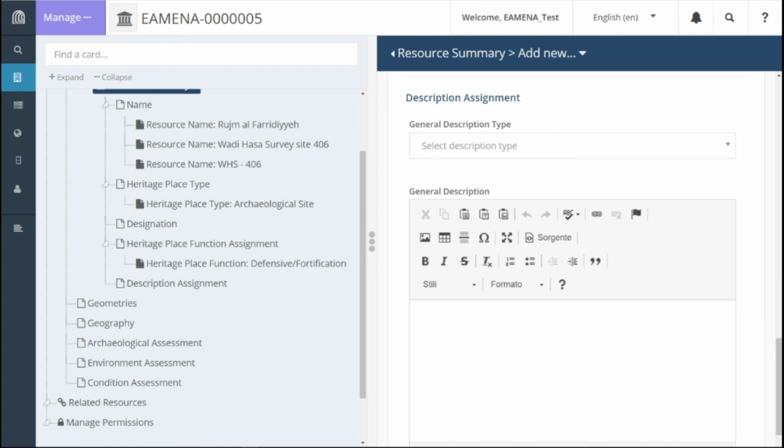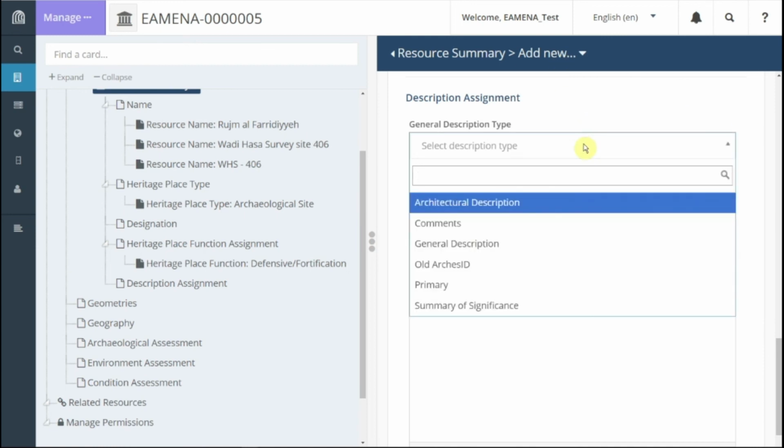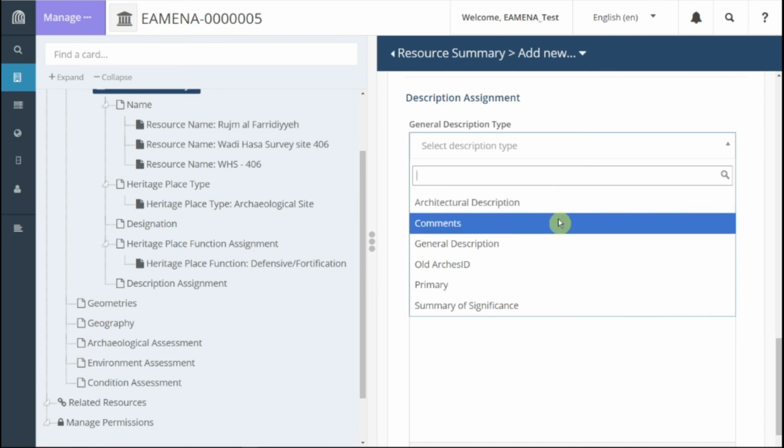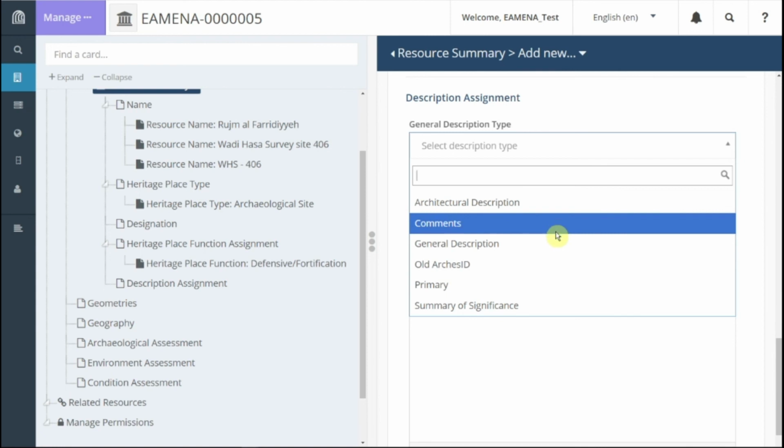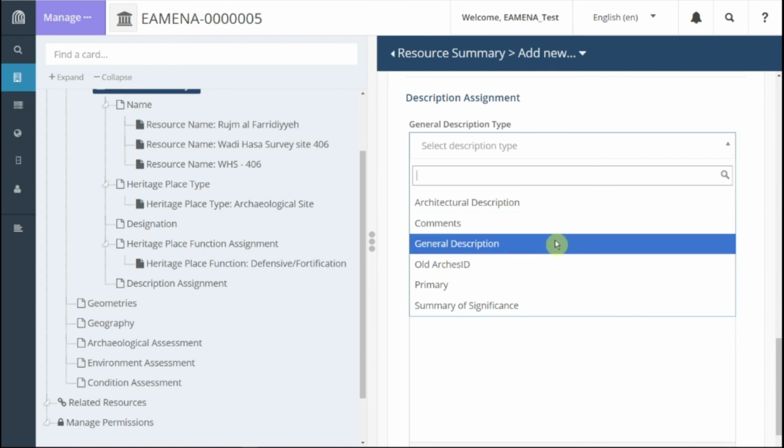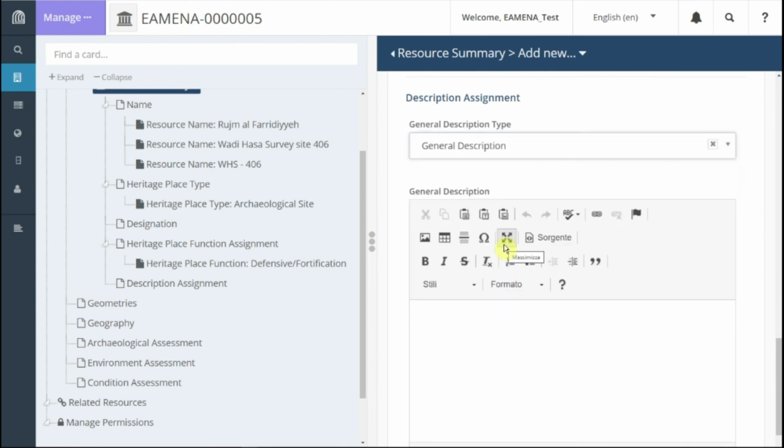Click on General Description Type. A drop-down list will appear and choose the type of description you are going to provide below. And please refer to the glossary for detailed definitions. Type then the description in the free text box. Do not copy-paste text from other sources because formatting may be pasted along with the text, causing issues with the database.